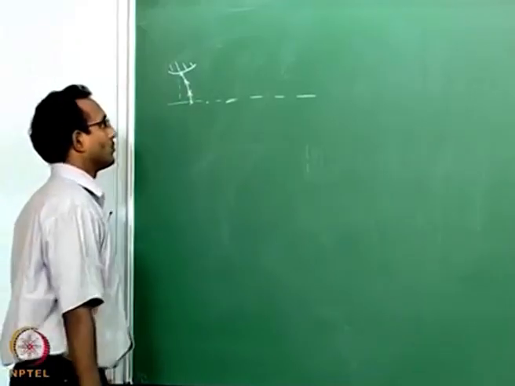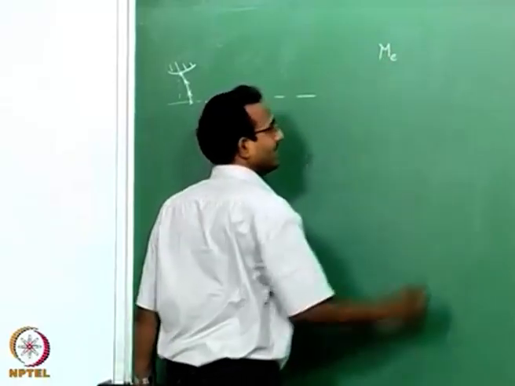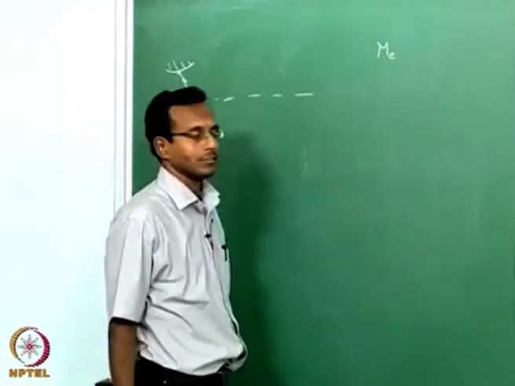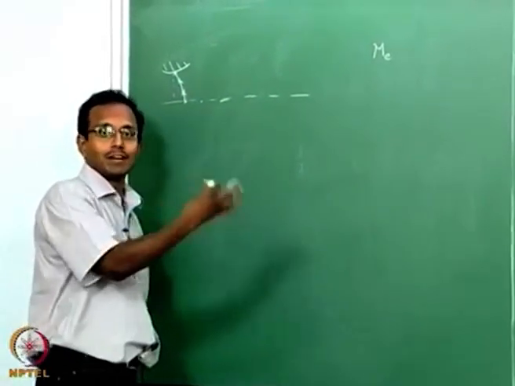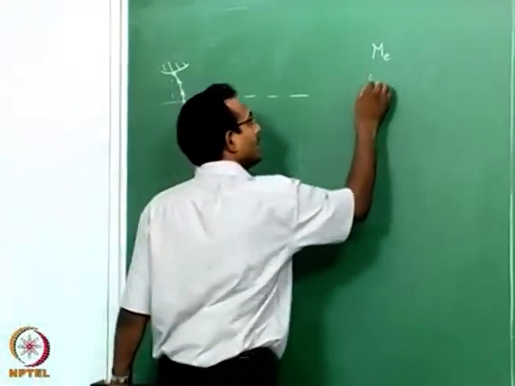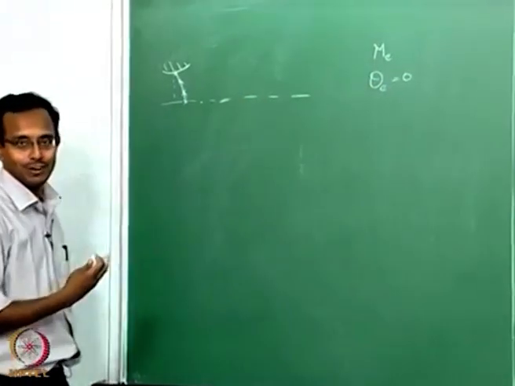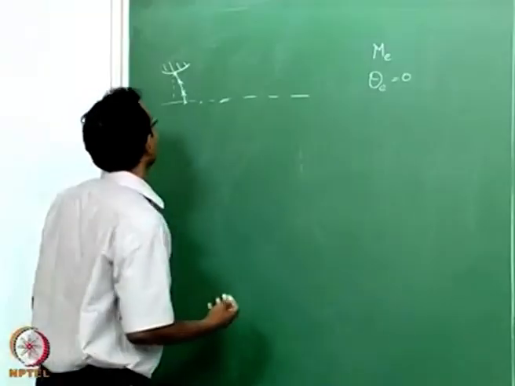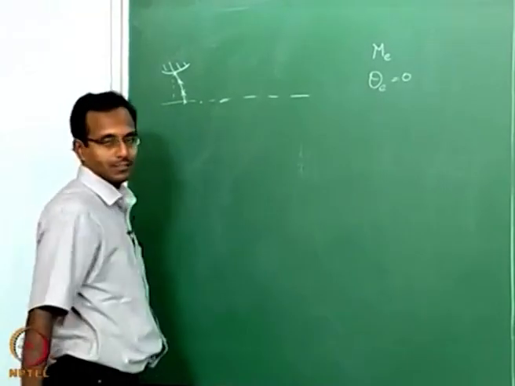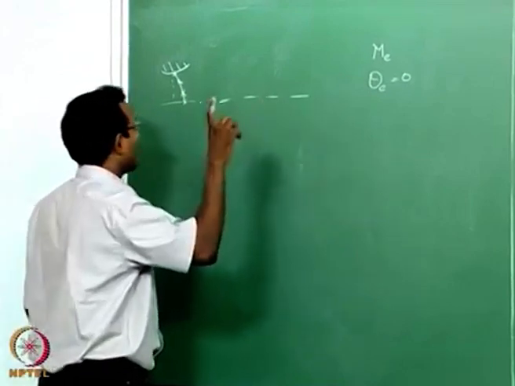Okay. Now, let us say M exit is known to me. That is my target Mach number I want to get from this nozzle at the exit, and I want theta exit equal to 0. This is a standard thing we want for supersonic tunnels anyway. So, I want to get such a situation. So, for this special condition, what we have to do is